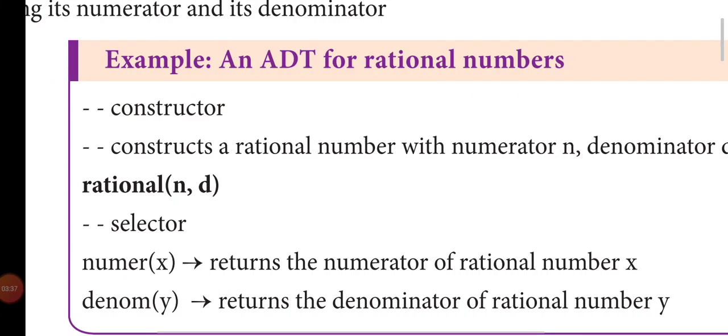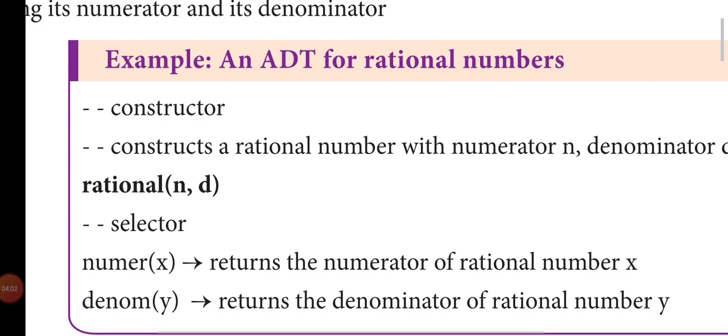And then one of the examples is given for the abstract data type, again the rational numbers, with the constructor rational, with numerator and denominator n and d. So the name of the object is given as rational, and the parameters are n and d.